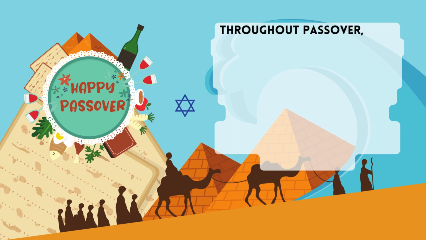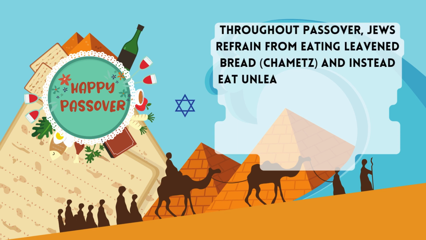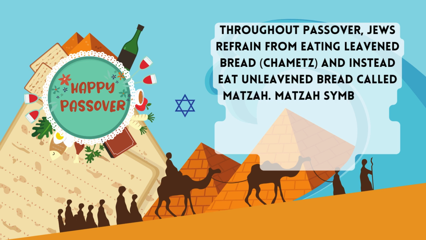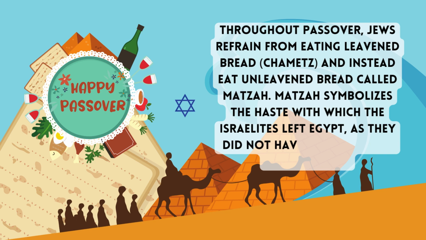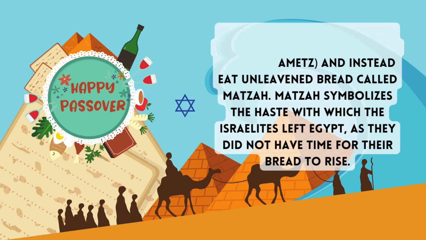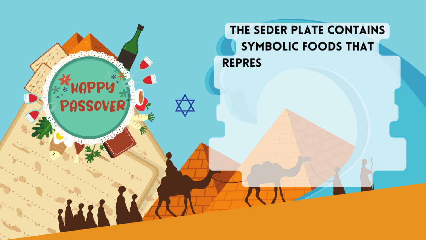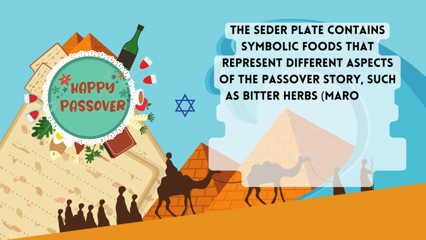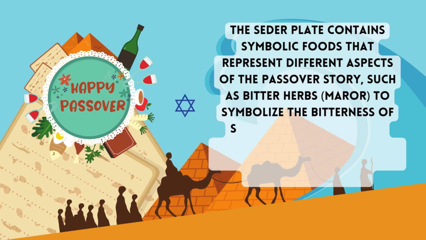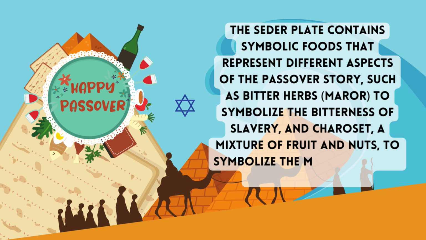Throughout Passover, Jews refrain from eating leavened bread, chametz, and instead eat unleavened bread called matzah. Matzah symbolizes the haste with which the Israelites left Egypt, as they did not have time for their bread to rise. The Seder plate contains symbolic foods that represent different aspects of the Passover story, such as bitter herbs, maror, to symbolize the bitterness of slavery, and charoset, a mixture of fruit and nuts, to symbolize the mortar used by